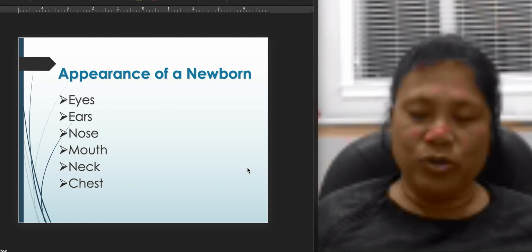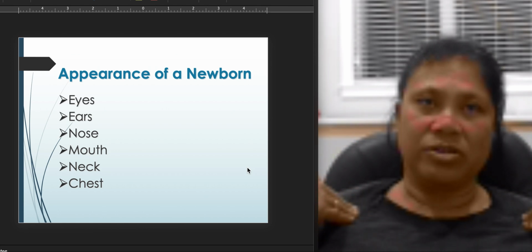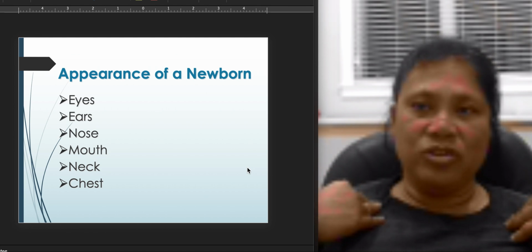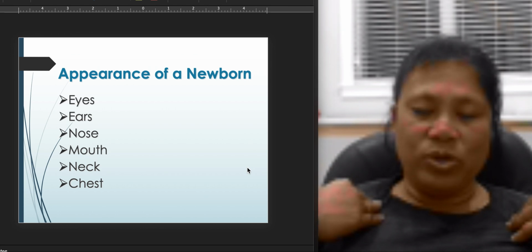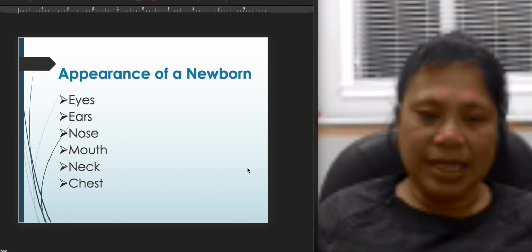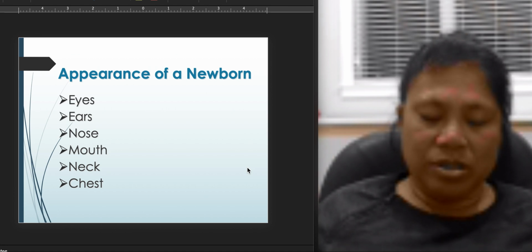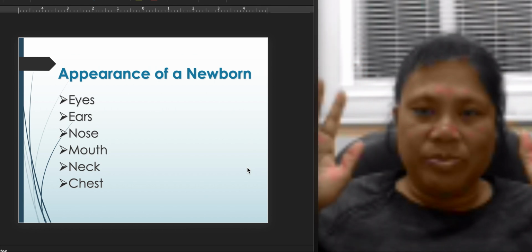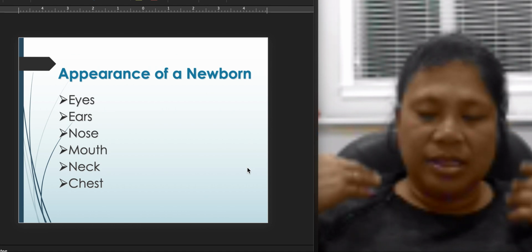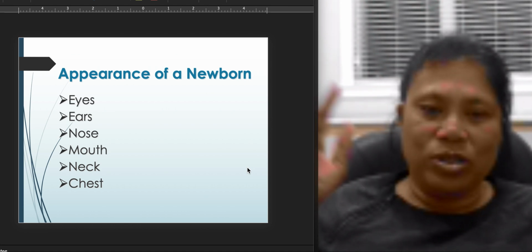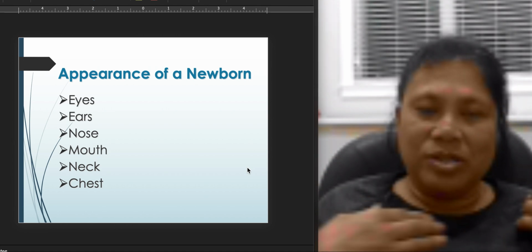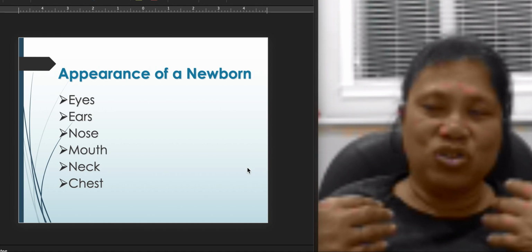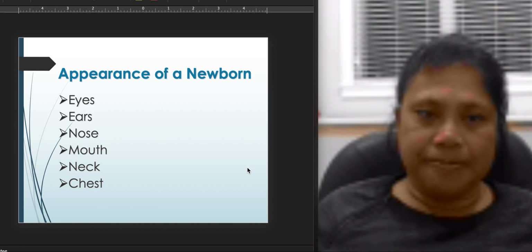Also, when you're in the chest area, you can go above the chest and look at the clavicles, especially if it was a shoulder dystocia delivery. You want to make sure there's no fracture. The best way to check for a fractured clavicle is to do a Moro reflex, where you grab the hands and drop the arms out and they go like this. If they do it symmetrically, then you know the clavicle is okay. However, if you see one arm go up and the other doesn't, then you have to look at the affected extremity and make sure there's no fractured clavicle. Okay,